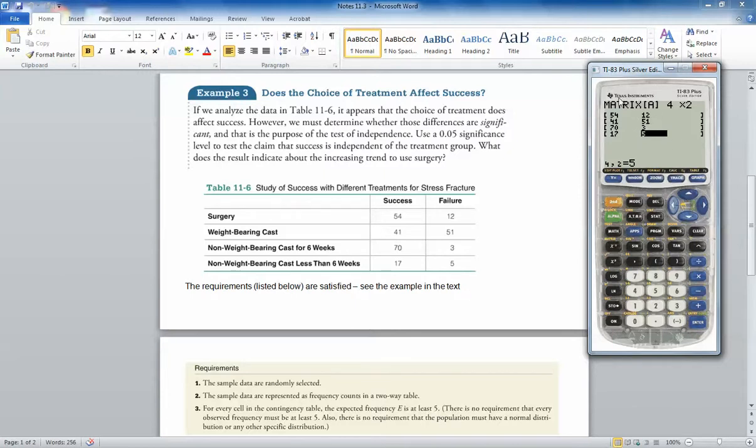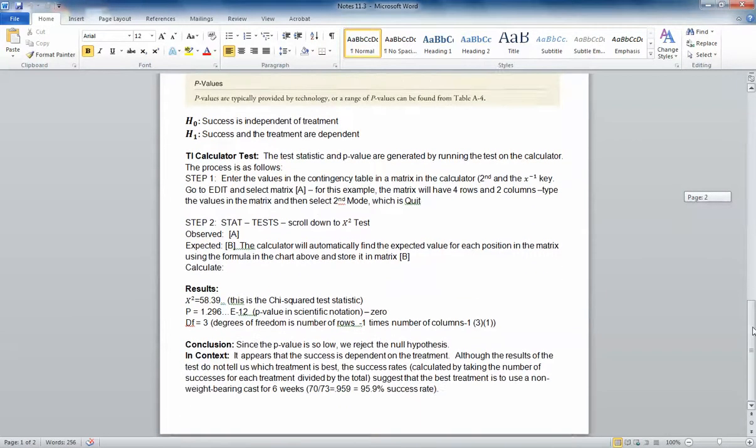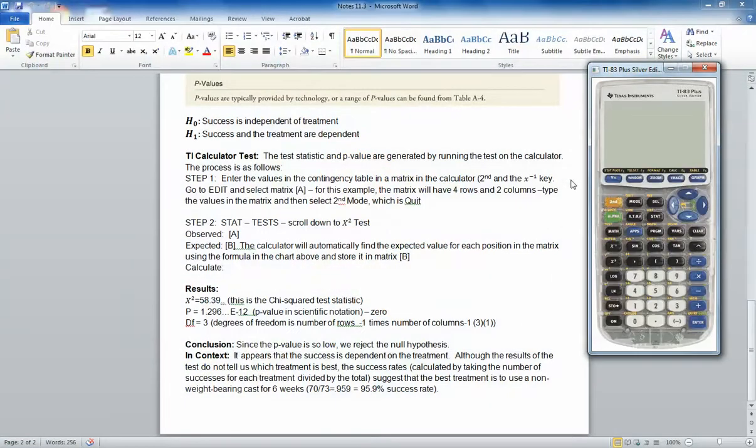Then to get out of the matrix, you hit second and then the mode key for quit. All your data will stay in the matrix, but it will get you out of the matrix package. Because if you try to type something in, it'll try to type it in the matrix. So second mode will quit and get you out of the package. Now that we've got our items listed in matrix A, step 2, we go to Stat, tests,